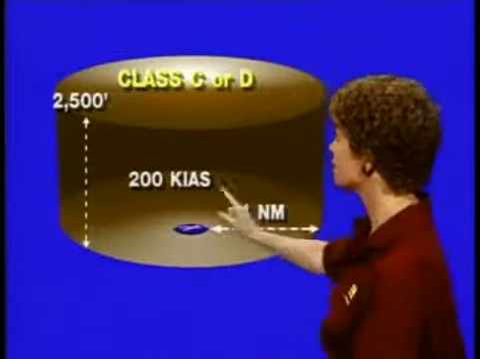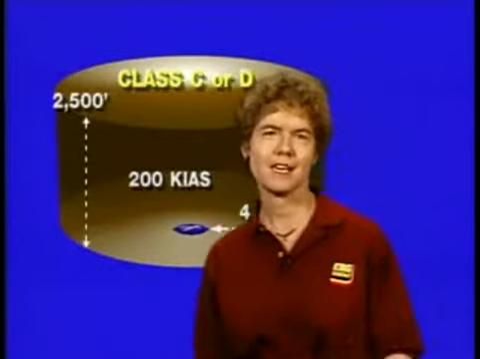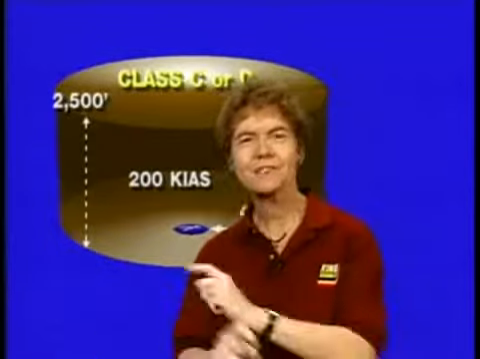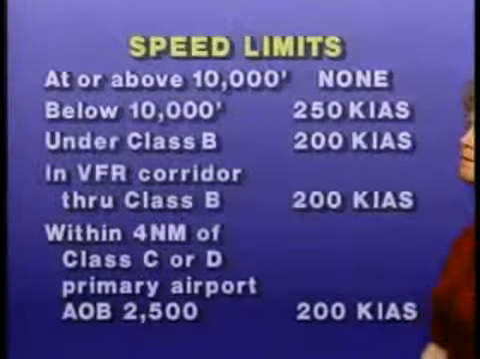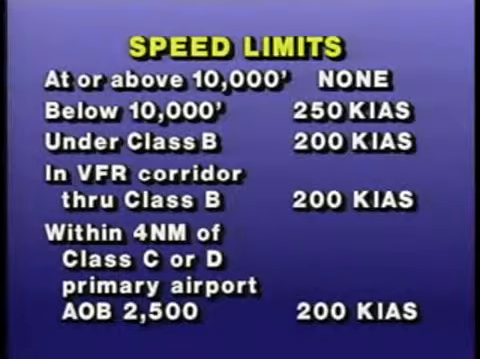Speed limit there is 200 knots indicated airspeed. Let's review these different airspeed limits. At or above 10,000 feet, no speed limit. Below 10,000 feet, 250 knots indicated airspeed. Under Class B or in a VFR corridor through Class B, 200 knots. And within 4 nautical miles of the primary airport in Class C or D airspace, at or below 2,500 feet,